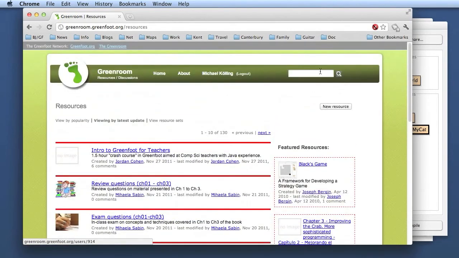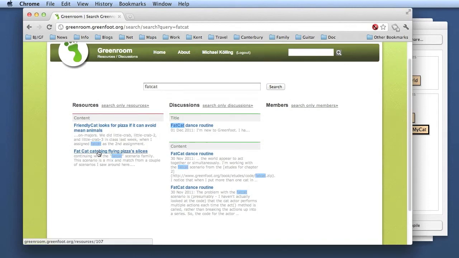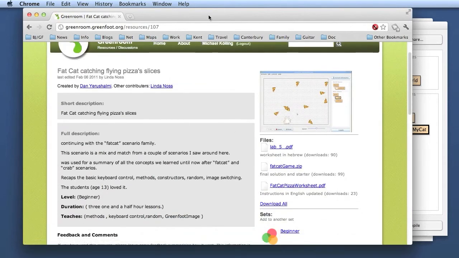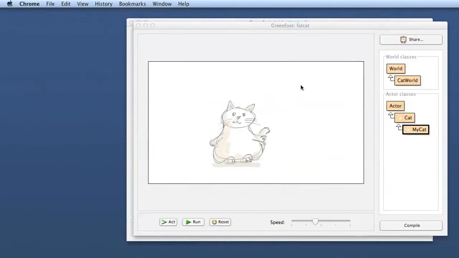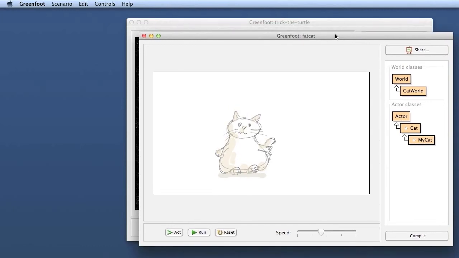They are categorized in different ways, and if I search for the fat cat scenario, there's actually 2 variations of it. So actually there are 3. And then here is a scenario and their worksheets, and you can download them there. So as a teacher, if you don't want to make your own worksheets initially, go to the Green Room, sign up for it. You have to be an instructor or a teacher to do that. If you're a student, sorry, you have to find your work somewhere else. But you need to then pause a bit, have some reflection and some repetition and reinforcement of the scenarios.